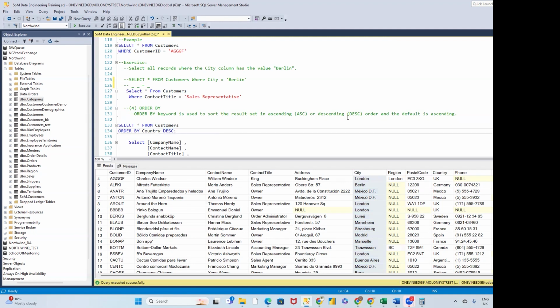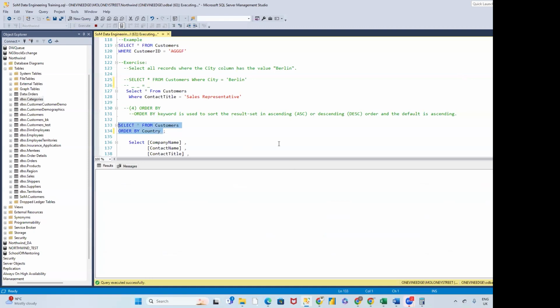So in this case, if I don't put any sorting order, we call that the sort order. I didn't put any sort order. The engine knows by default, because it says here, the default is ascending. So the default is going to be ascendingly. If I execute this and I look at the country column,